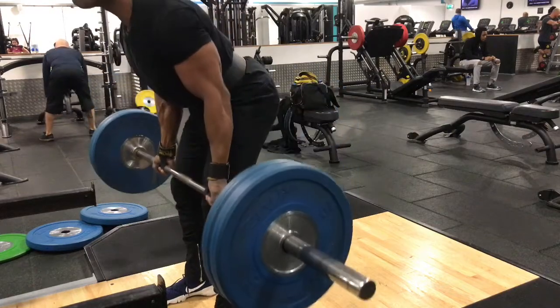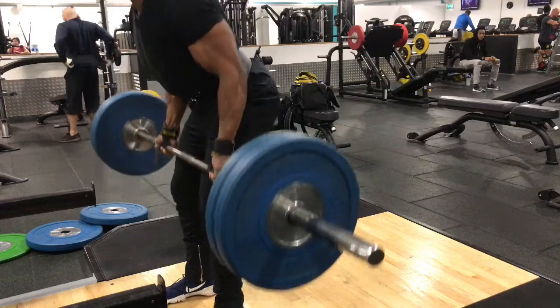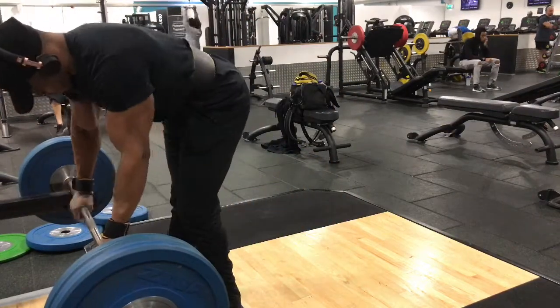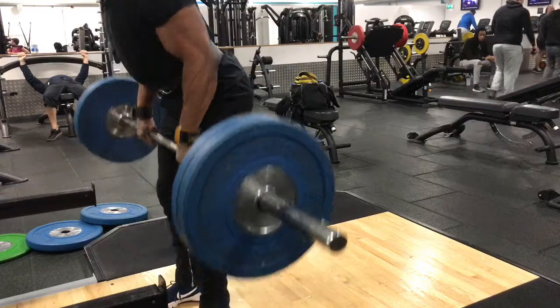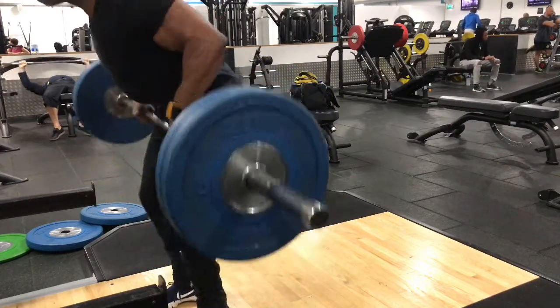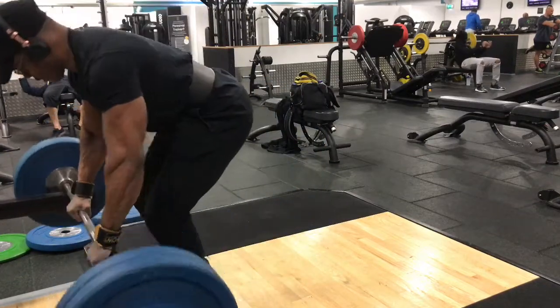Most of this workout consists of supersets. We start with an underhand row, moving on to an overhand row. So the first one was supinated, now just a standard row. Moving the weights from your knees to your belly button or to your belt. Squeezing the back. Then straight into